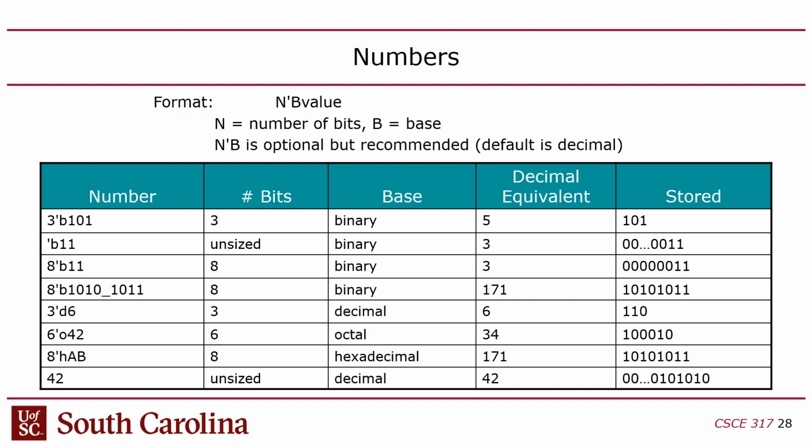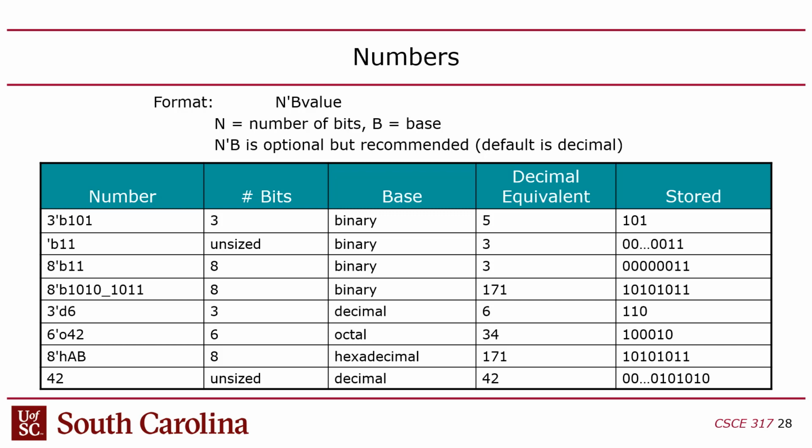Octal characters are 3 bits. So 4 is 100, and then 2 is 010. Right? So 100, 010. The first 3 bits were the octal digit 4. The second 3 was the octal digit 2. Together, they're 6 bits. And so we have a 6 here, although this could be 8 bits, in which case it would be adding